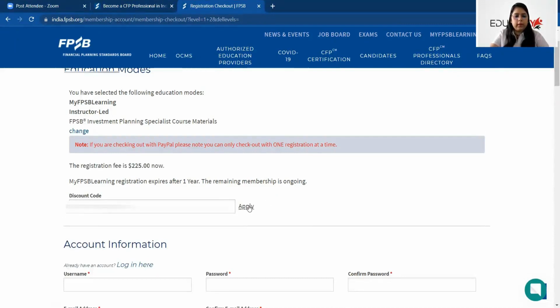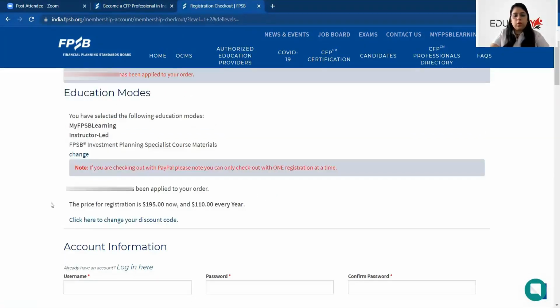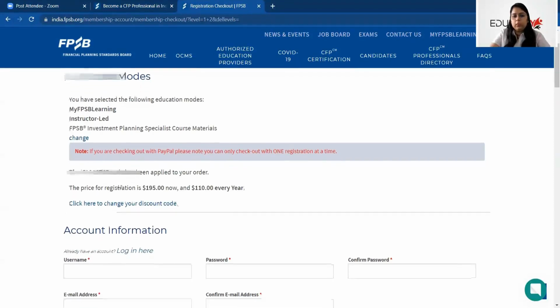And apply. This discount coupon would basically make your study material cost half. So now you can see the price for the registration over here is visible at $195. So your study material cost has come to $30 instead of $60 now.